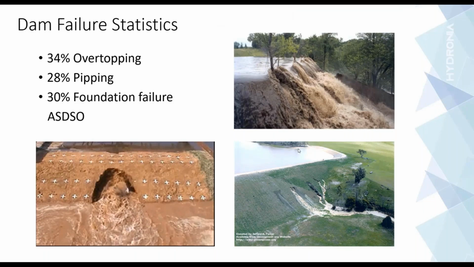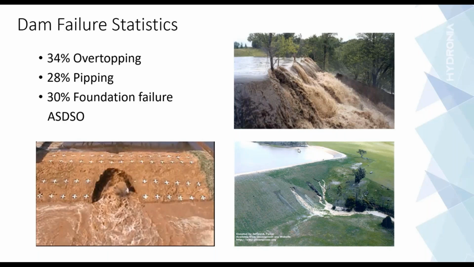I want to start by giving a very brief introduction to the dam failure modes, and this is just a very short description of the things that motivate this development. It's in a way a comprehensive review of this type of phenomena that occur in many countries. I want to mention some statistics about dam failure. According to the American Society of Dam Safety Officials, ASDSO, 34% of the failures that occur in dams are due to overtopping, and 28% by piping, and most of the rest is due to